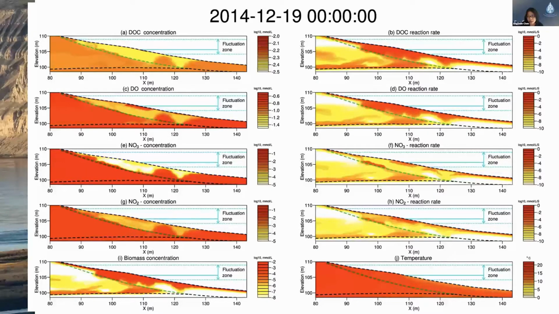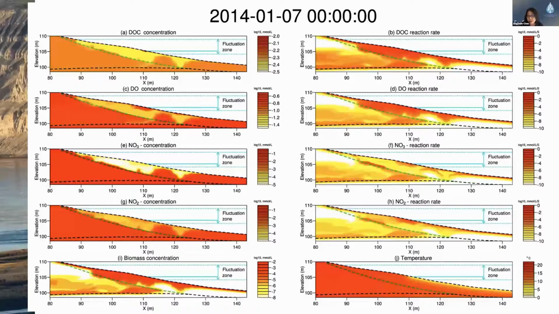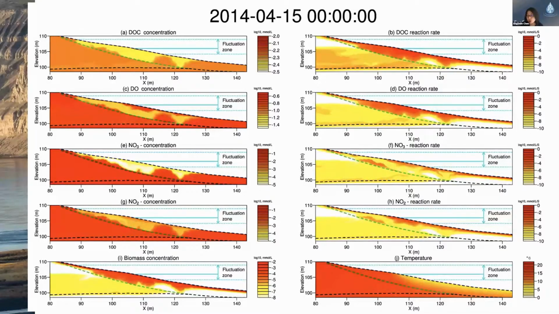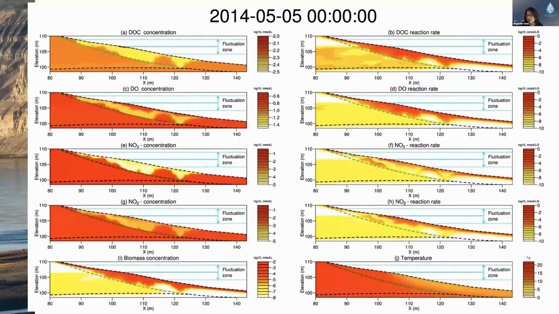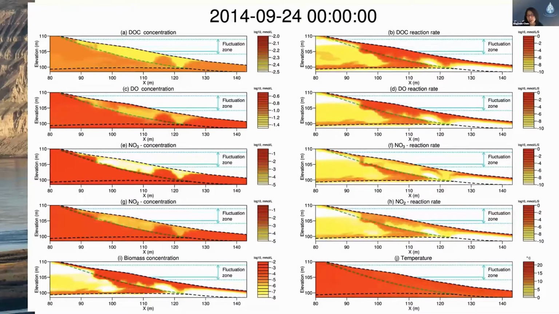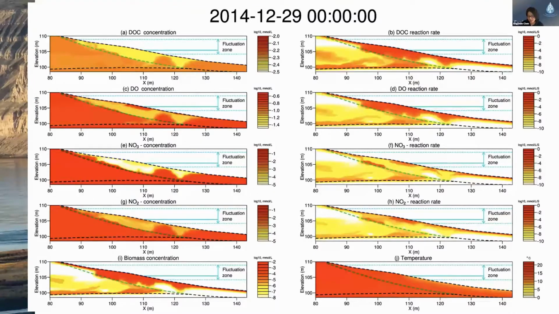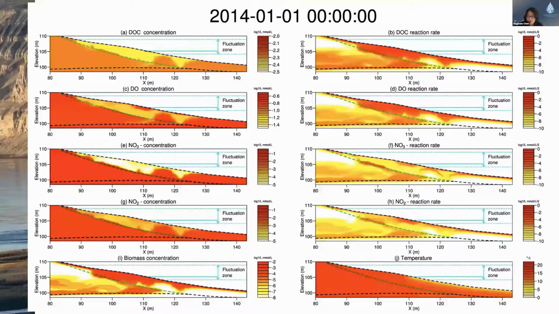This level of high resolution simulation is really critical for capturing the heterogeneity of the reactions within our system. And as we know, we will not be able to do this level of simulation across a watershed, even if we only focus on the river corridor. So what we do,